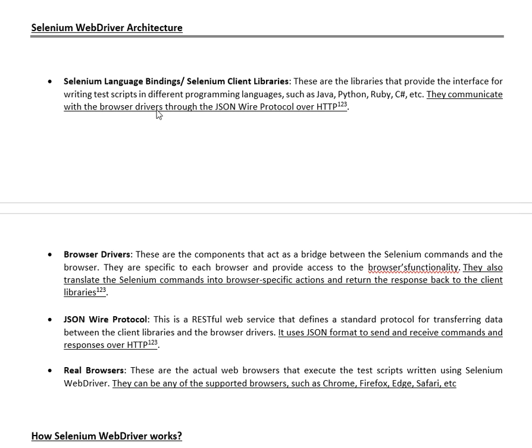Now the next question is Selenium WebDriver architecture. In the architecture, there is a language binding that we will use to write a test script. Also, we use the browser driver and JSON wire protocol. As we discussed in the previous question, JSON wire protocol is used to communicate with the browser. In the Selenium language binding, these are the libraries that provide the interface for writing test scripts for different programming languages such as Java, Python, Ruby, and they communicate with the browser driver through the JSON wire